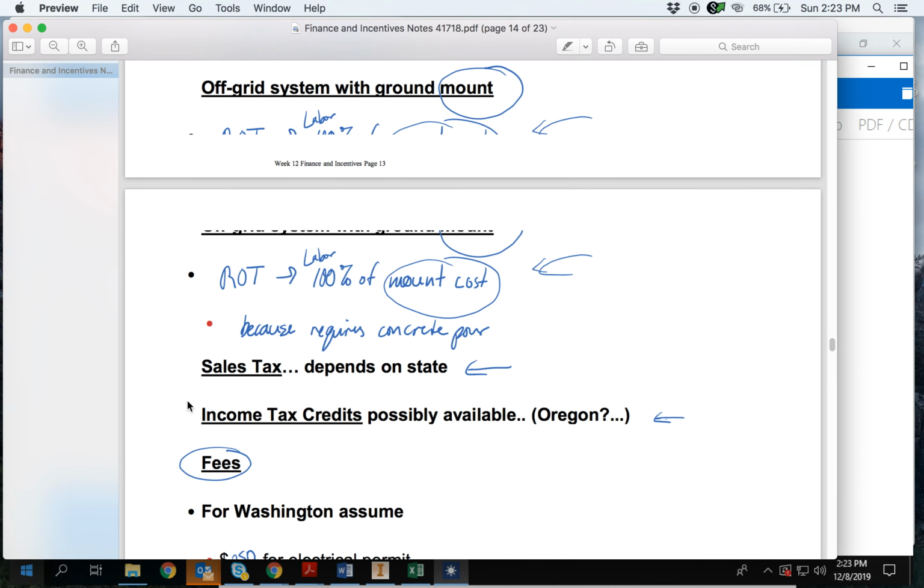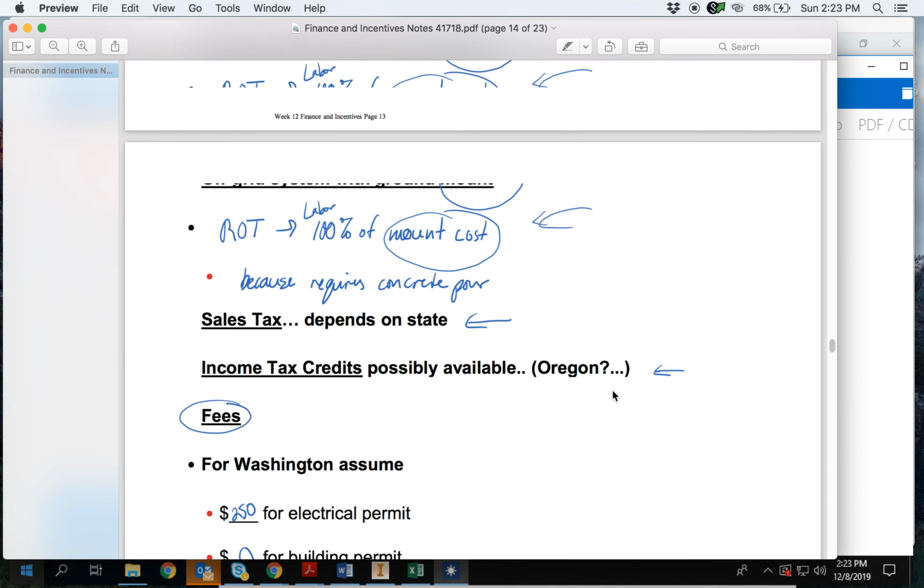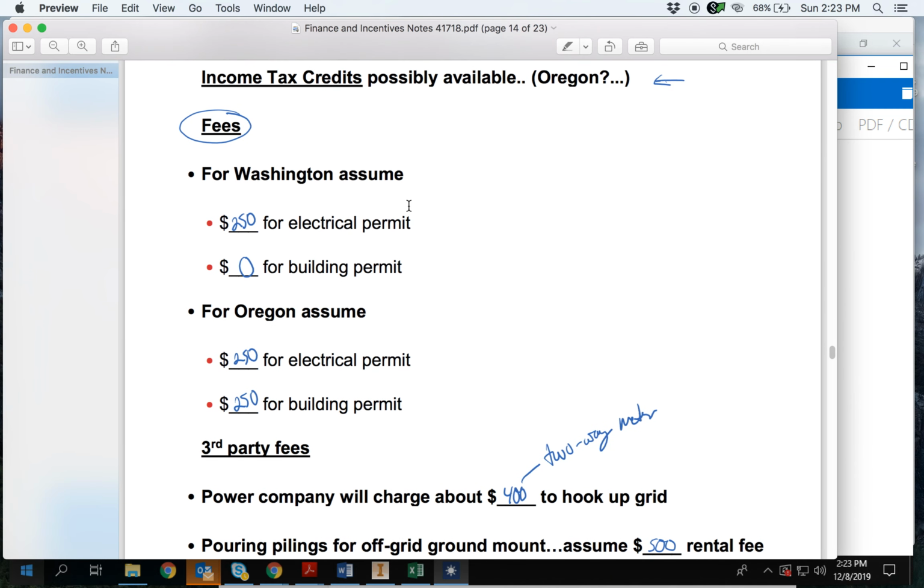Your sales tax will depend on the state you're in. Any kind of fees, so we talked about permits. Electrical permit in Washington is about $250, so you could just make that estimate. You don't need a building permit in Washington. Oh, wait, I think off-grid gave you Oregon. Anyway, you have to do a building permit in Oregon, so $250 for the electrical, $250 for the